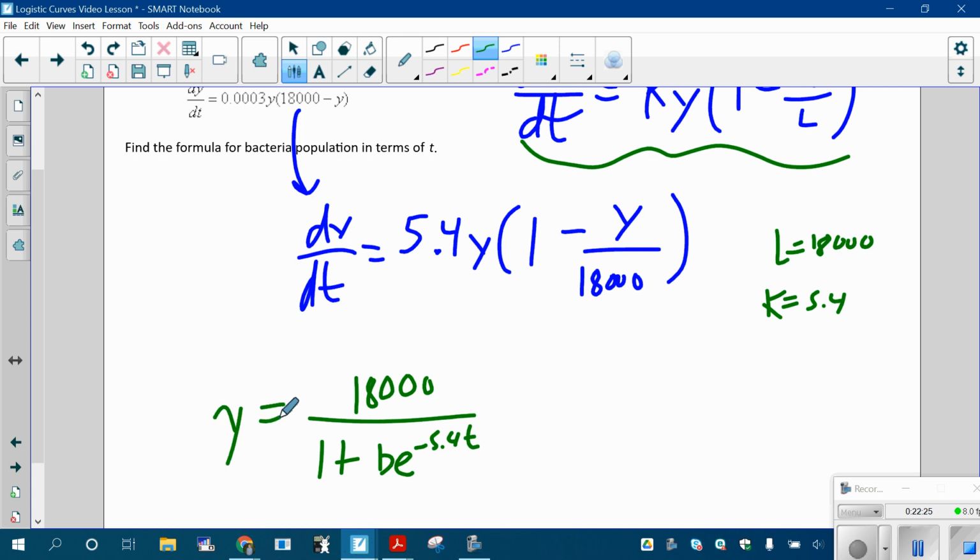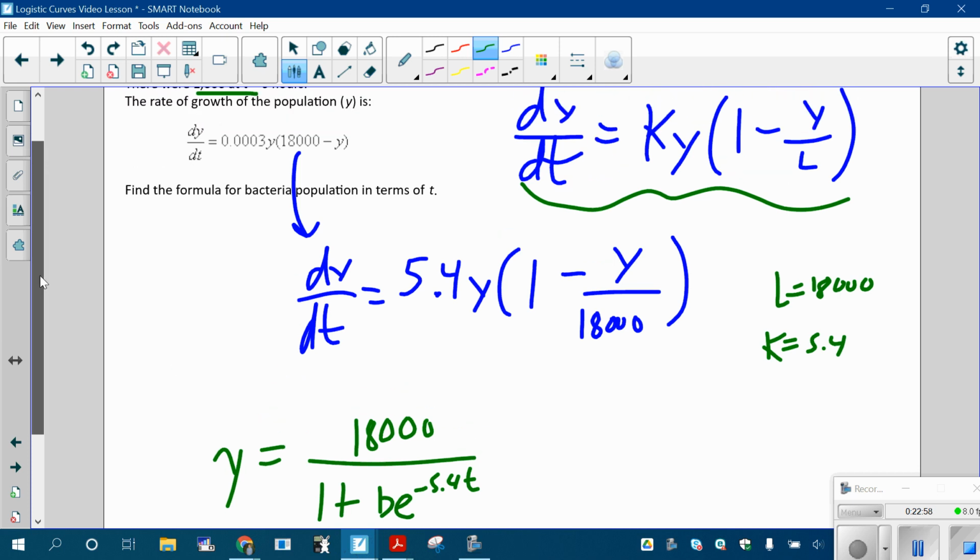When you go to write your solution, there is one more variable. Why is there one more variable in the solution of this differential equation than in the derivative? It's the plus C thing. Whenever you do an antiderivative, you have a plus C, an extra variable that you don't know. Here the plus C ends up stuck in there as multiplication, but it's the same idea. So you need some more information to nail down the formula, and luckily they give you that extra information.